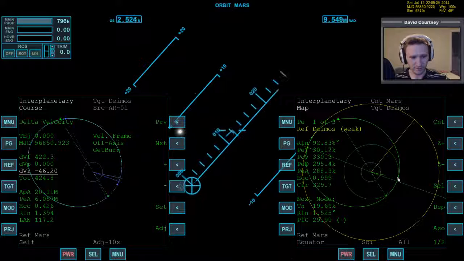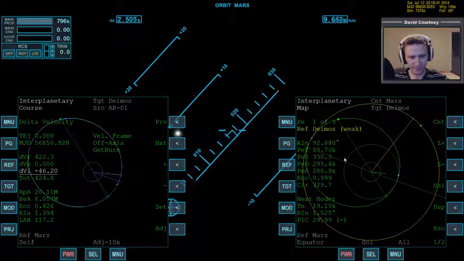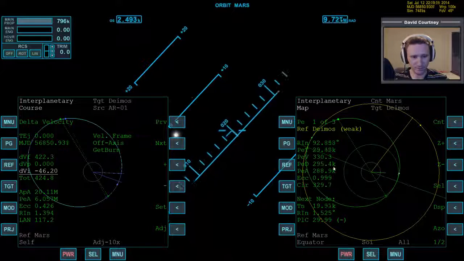You can see this is where we are if you look closely in IMFD, and you can see our PET, that's how long it's going to take us to get there, which is only 30